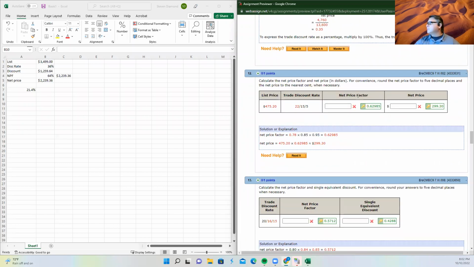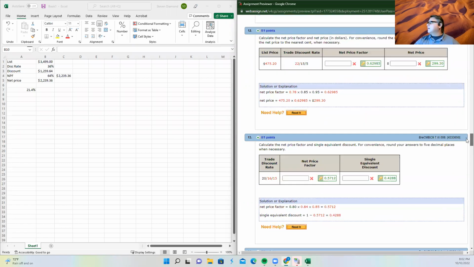I'm going to skip through some of this. Here we go. This is where it gets a little complicated, but it's not that bad, especially if you have a spreadsheet and we learn how to work that. They give us a trade discount rate of 22, 15, and 5. Now, what that means, and we're going to do it the long way here, is